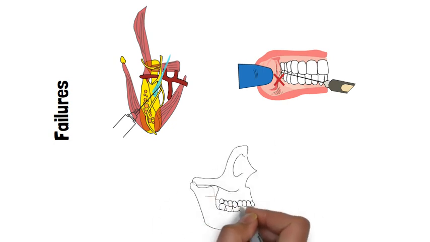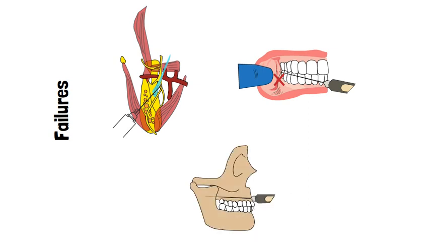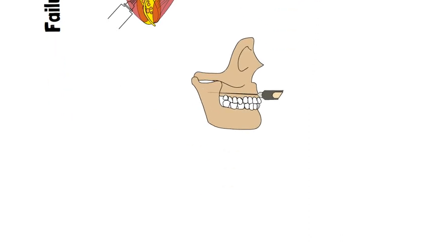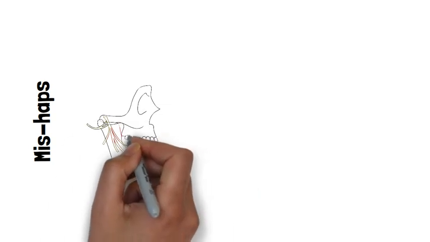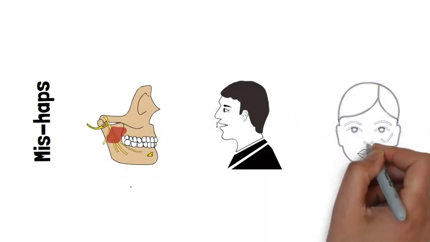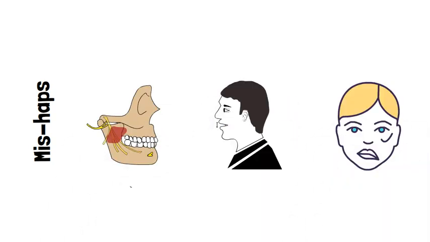Number 3. Under or over insertion of the needle. This is due to the fact that no bone is contacted in this technique, so over or under insertion can easily occur. Insert about 25 mm of the needle from the maxillary tuberosity, but the length of the needle insertion can vary with the patient size. The mishaps that are associated with the Vazirani-Akinosi technique are hematoma, trismus, and transient facial nerve paralysis, but these mishaps are very rare.